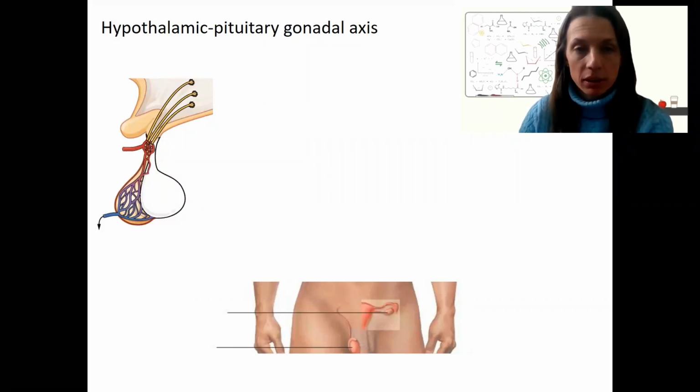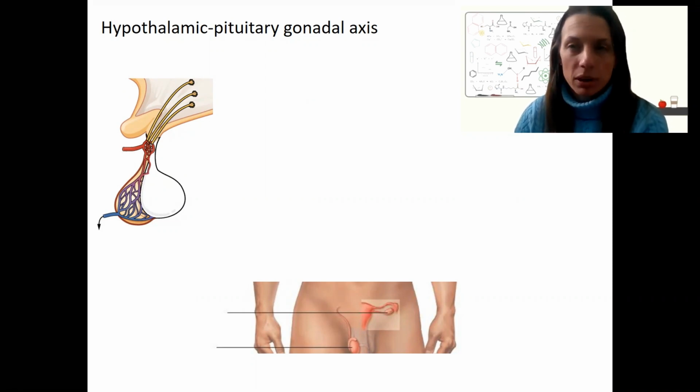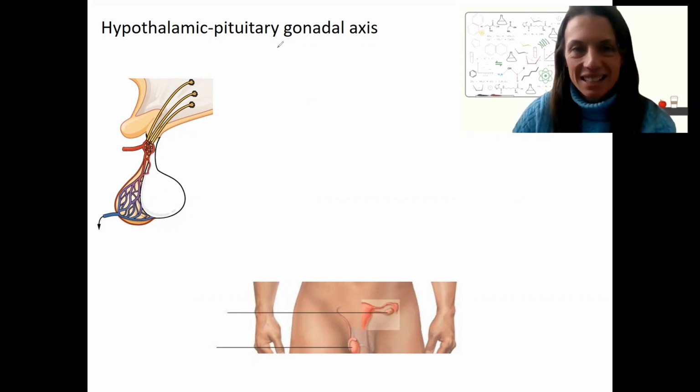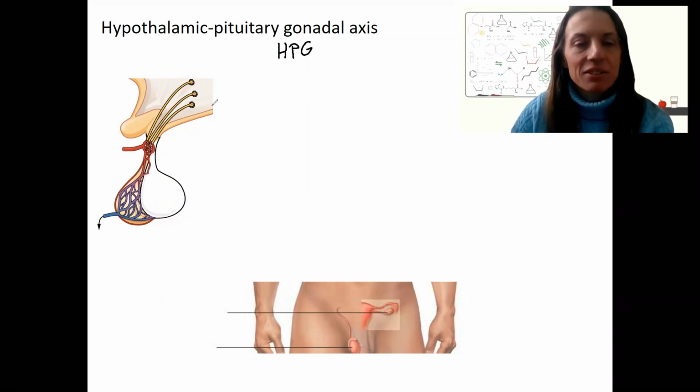This is the last hypothalamic pituitary organ axis that we'll talk about. And I'm actually going to make it pretty brief because this one we're going to talk about next week with the reproductive system a lot more in detail. So the hypothalamic pituitary gonadal axis is abbreviated HPG, and it begins in the hypothalamus, of course. So here's our hypothalamus, and the hypothalamus